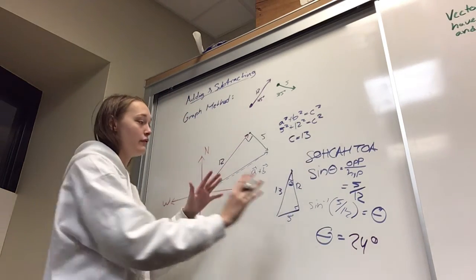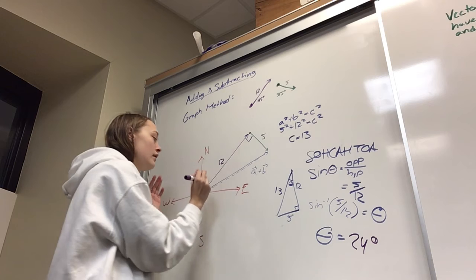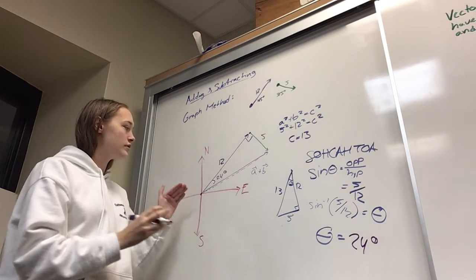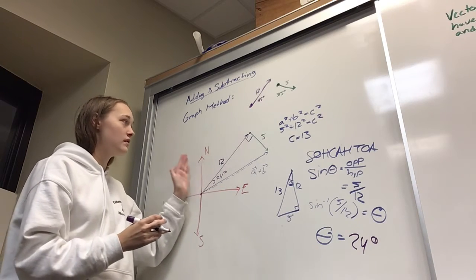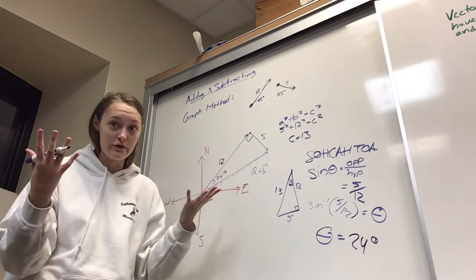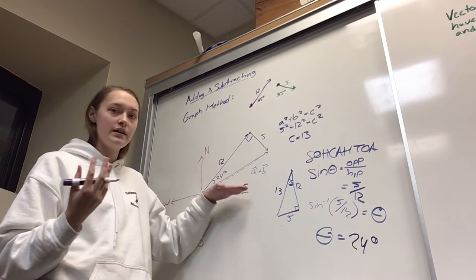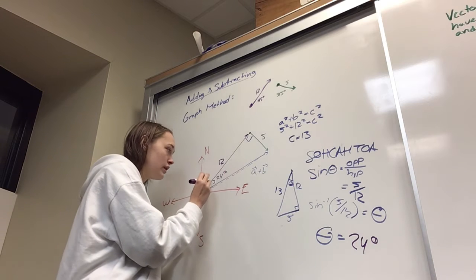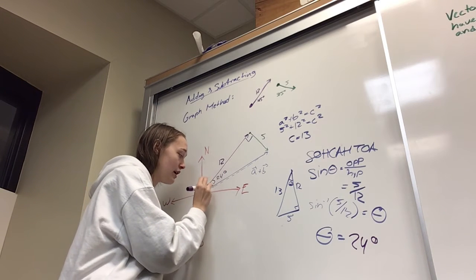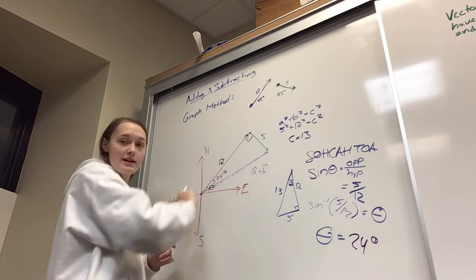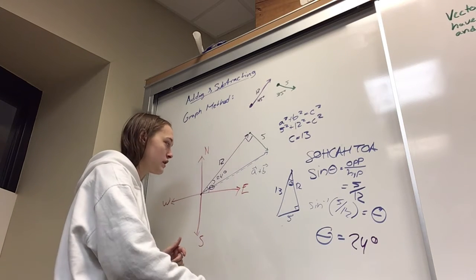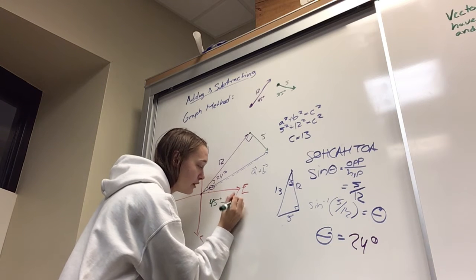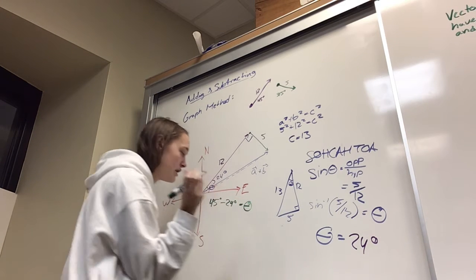Okay, so what does that mean? If we take this triangle and we translate it here, right here is 24 degrees. But we're trying to figure out if it's north, east, south, west, whatever. So we need to figure out where it is from our x-axis, which happens to be east right here. So we know 24 is here, and we know this whole thing right here is 45 because that's our original angle. So if we take 45 degrees minus 24 degrees, we get our answer, which is